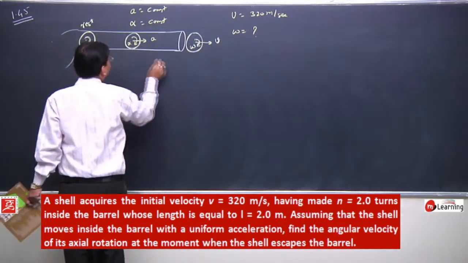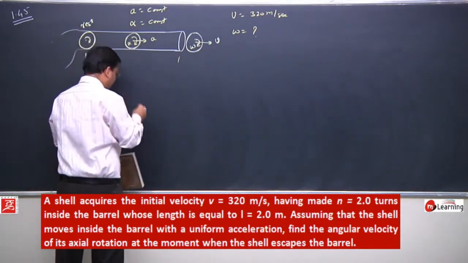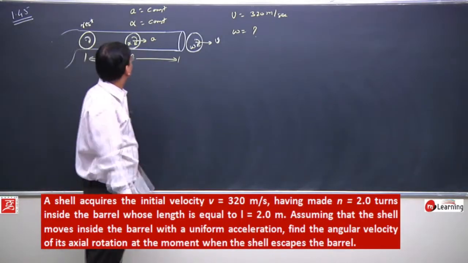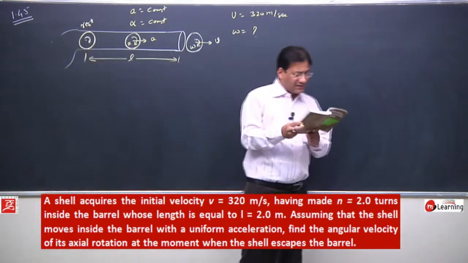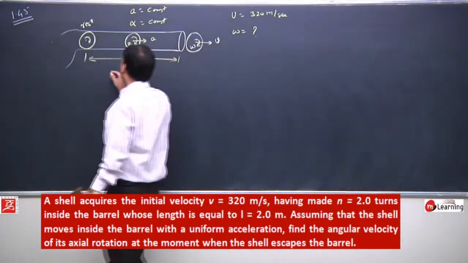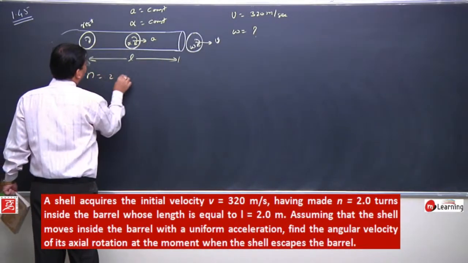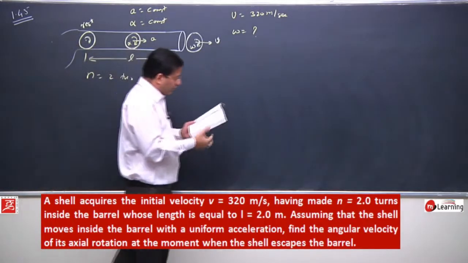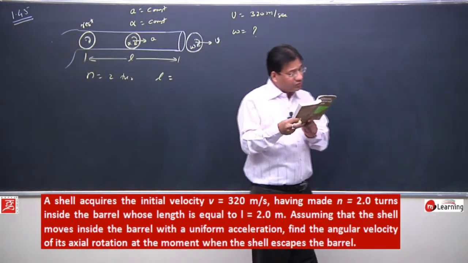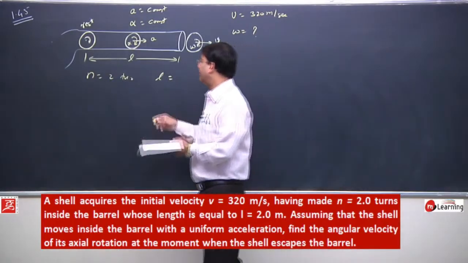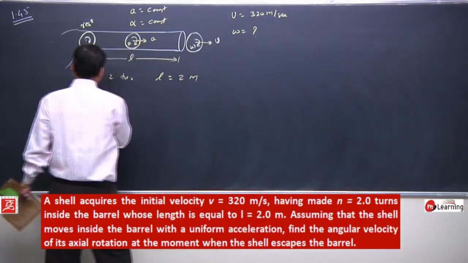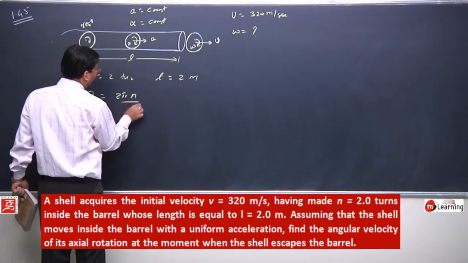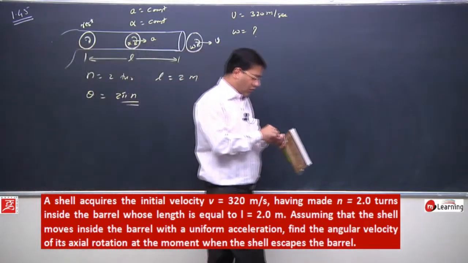And the length of the barrel, they say it's equal to L. They have given the value of L, and the number of turns N is 2 turns, and L is equal to 2 meter. Angular displacement is 2 pi into N. Now, first of all,